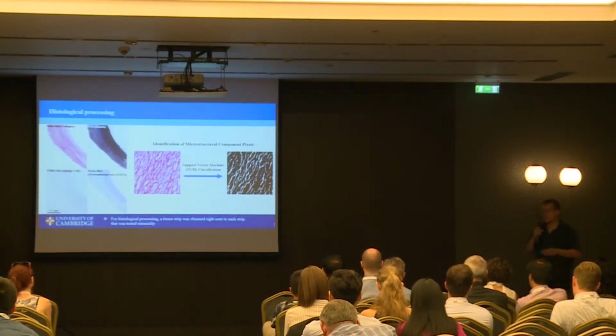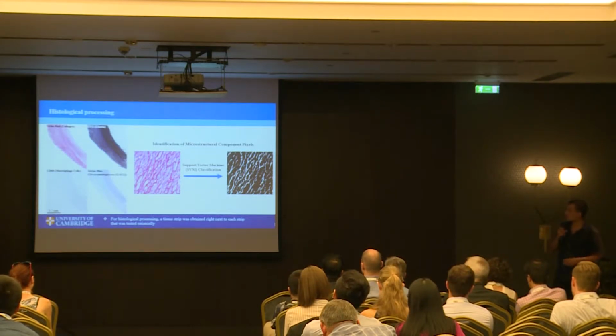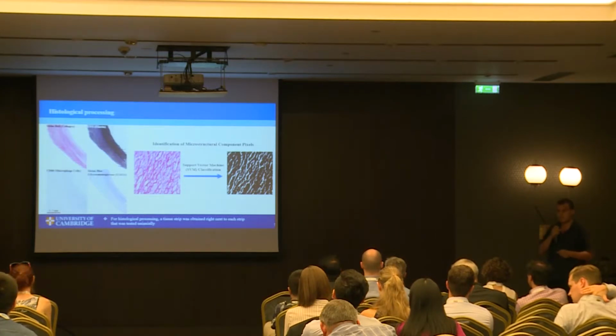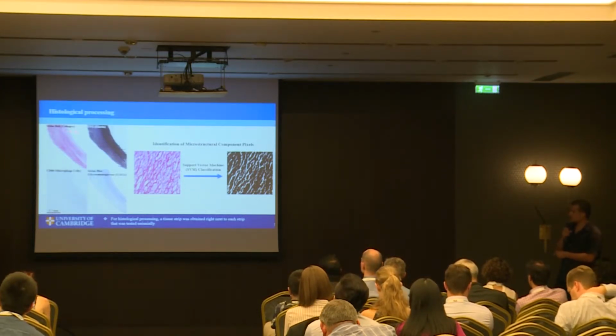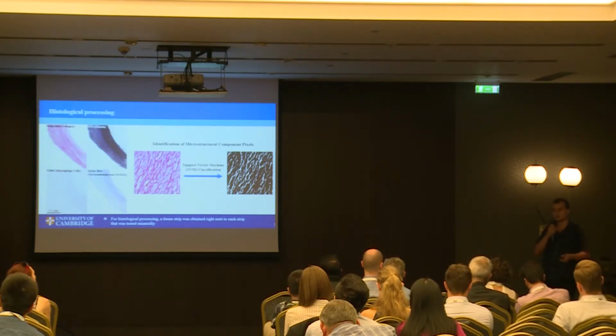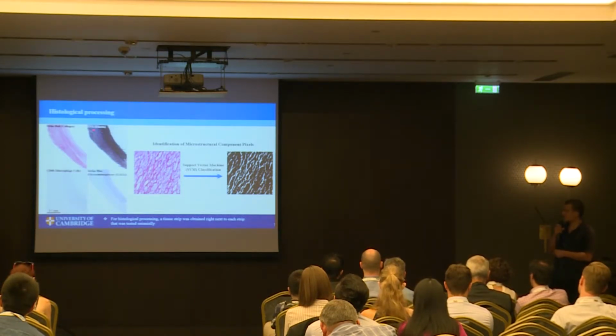Because we want to know the relationship between microstructure and mechanical properties, we had to look into the microstructure, and to be able to do that, we did histological processing. Histological processing allows us to stain for different components in the arterial microstructure, and you can see here that this particular stain, Sirius red, stains for collagen fibers, which are known to be the main mechanical contributors of material strength in arteries, and EVG stain allows us to see the elastin, which is another main mechanical player in